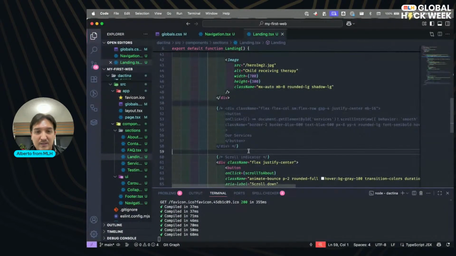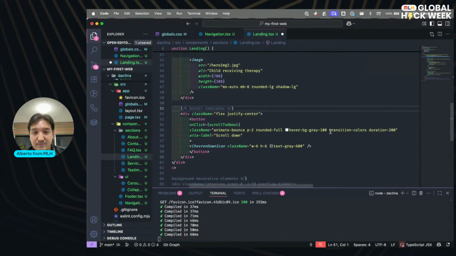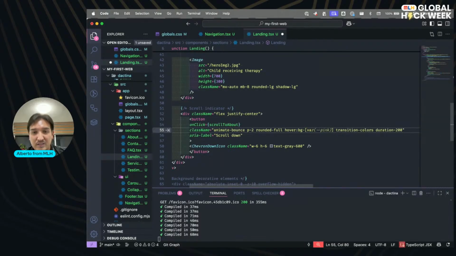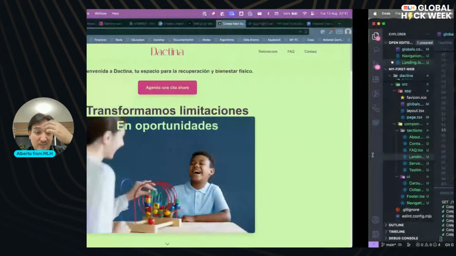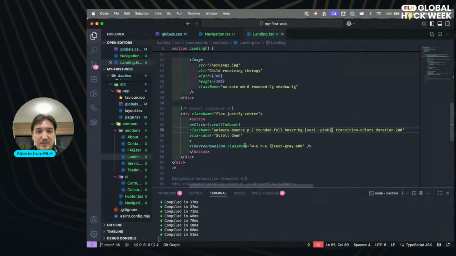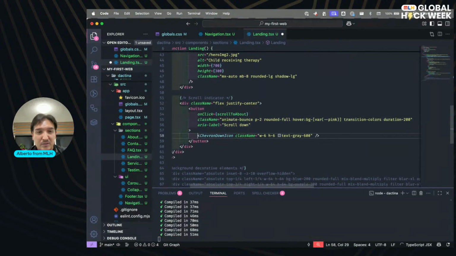And for doing that, background bar pink. Yep, like it, love it. Okay, this goes here, and this also goes here.